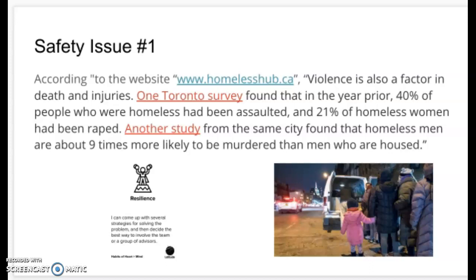So the example that I want to give you is perhaps you say, the resilience that I would like to have in the future with this specific issue. I, to be honest, just picked the first thing that I found online. I didn't really spend very much time. I was really checking a box because I was supposed to have 4 pieces of evidence and I wanted to get it over with. So in the future, as I care about homelessness and I can see that in class we're trying to do something that's really meaningful to create change, I will do more research and find